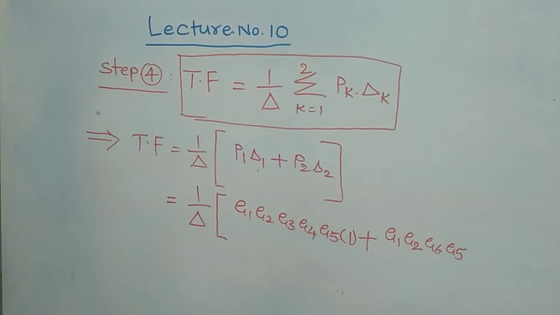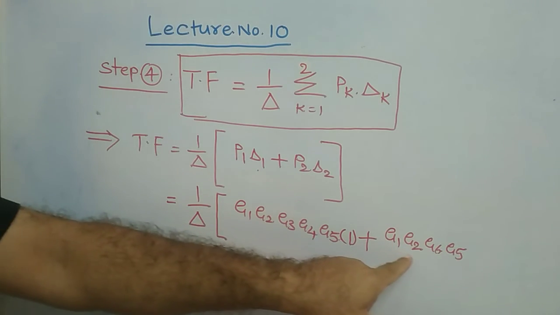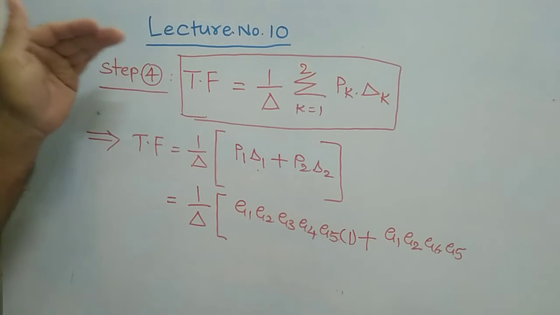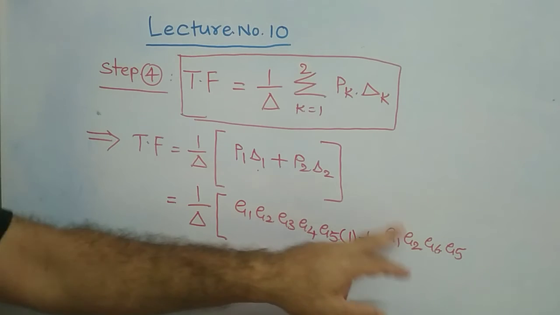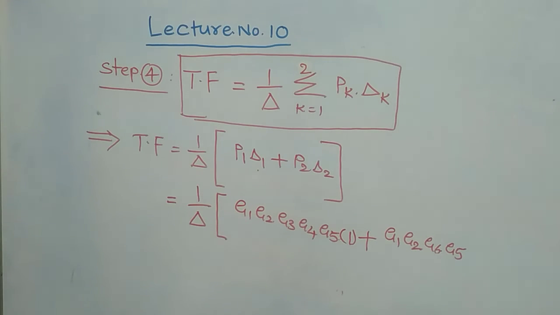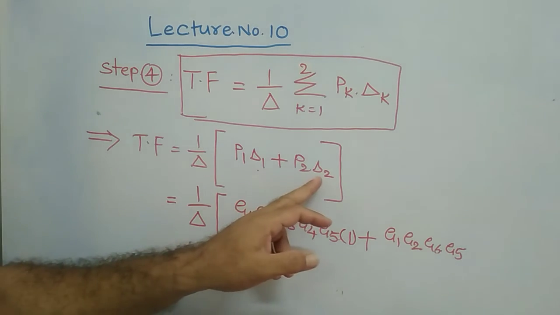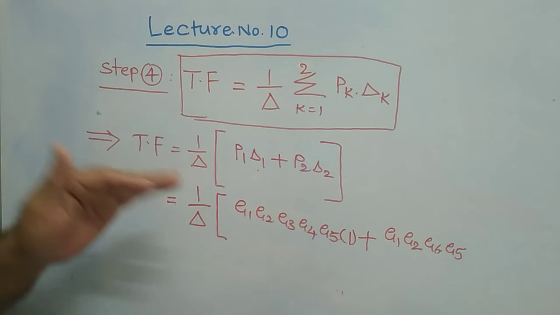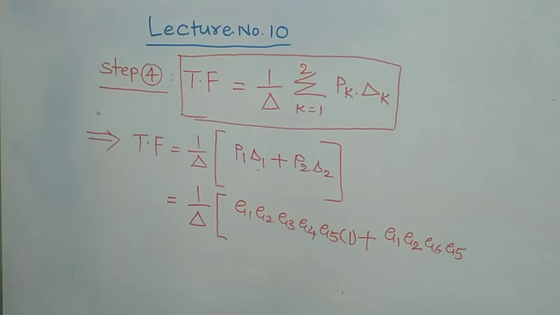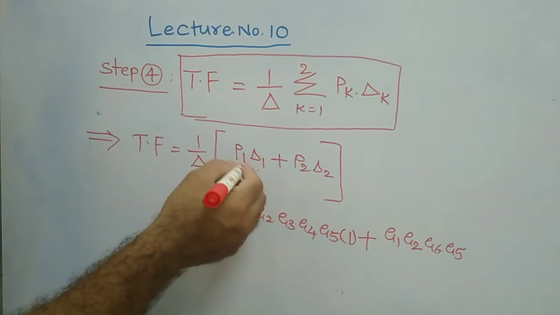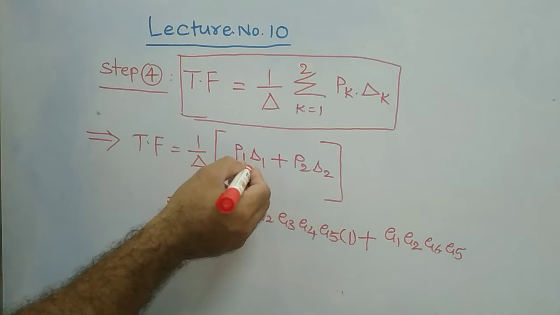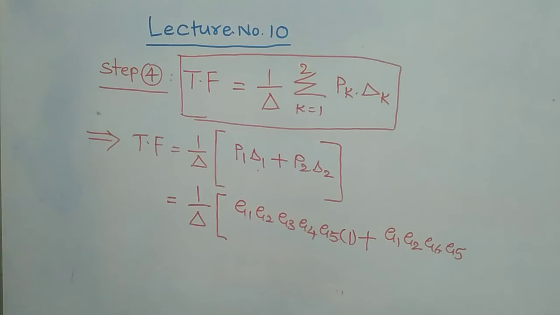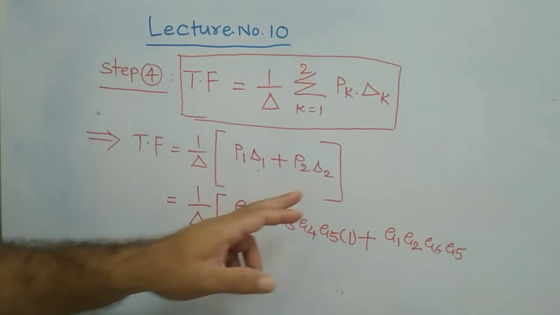G6, G5, that is your second forward path, P2. So the P2 value is this much only. From step 1, you have identified P2 is equal to this. Then what is delta 2? Delta 2 is nothing but the value of delta with respect to path 2. Again, the same as we have explained for P1 and delta 1. In this case also, it will be like that only. That means that